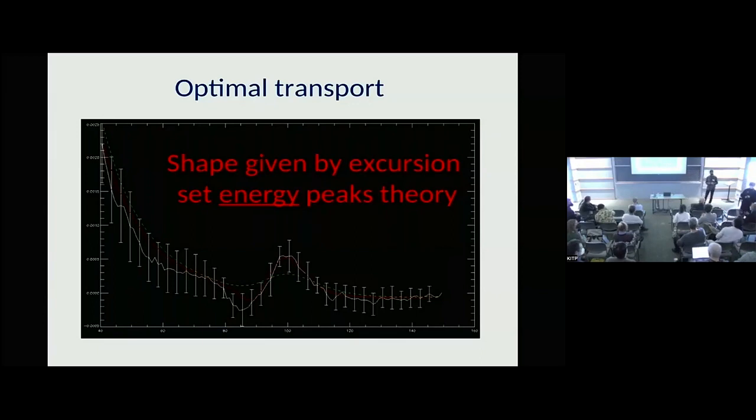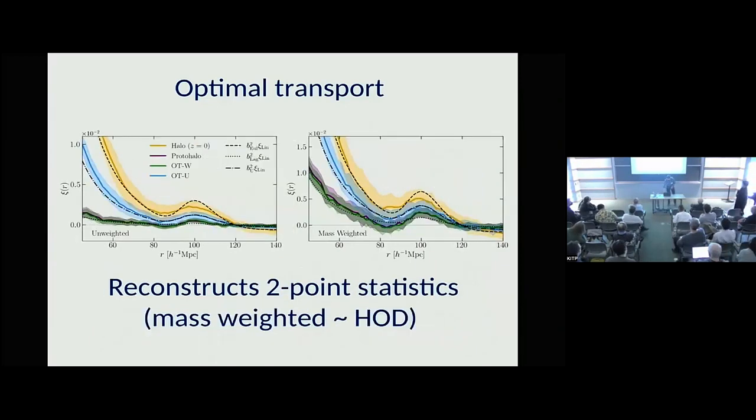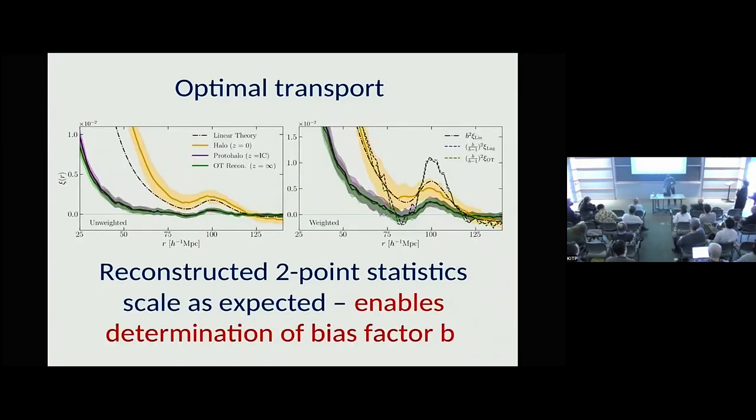But Monge-Ampère-Klimantovich gives you a unique solution to a non-unique problem, right? In principle, on small scales, there's no unicity to going backwards. So if you apply it to BAO scales, I guess you're okay, but when does it break down, or do you see this? Good, yes. So you can ask, here I've clipped at 25, can I go all the way to 5 megaparsecs, right? So we've done things like that. I don't have plots here, I can show you. It doesn't work all the way down to 5, but it works close to 5, okay? And that's because